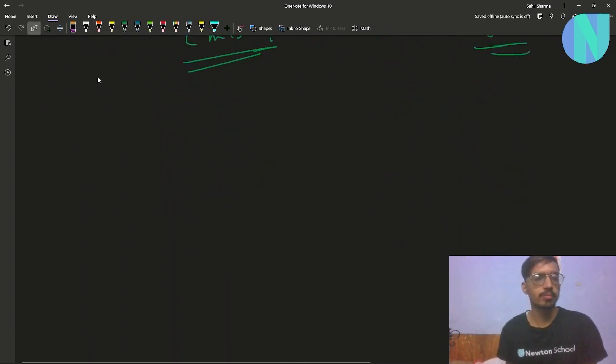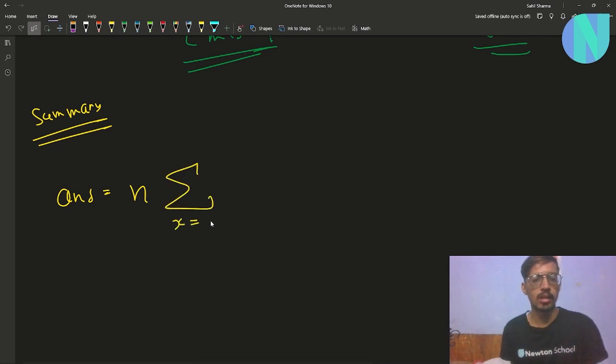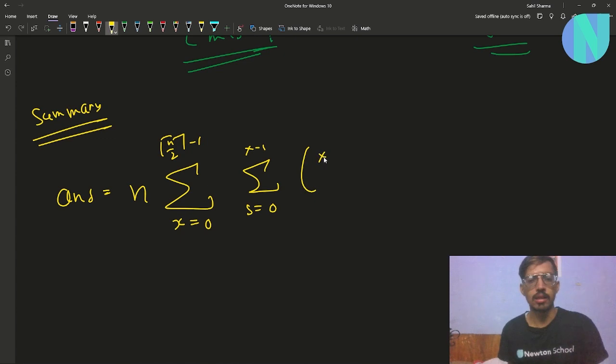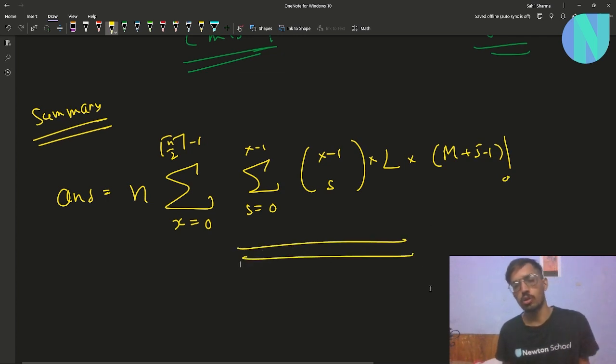So as a summary, my answer will be equal to n into summation of x goes from 0 up to ceiling of n by 2 minus 1, then s goes from 0 up to x minus 1, then I choose x minus 1, choose s, into L, and into m plus s minus 1 factorial. So that is the entire solution, and if you guys want to see the code for this, here is the